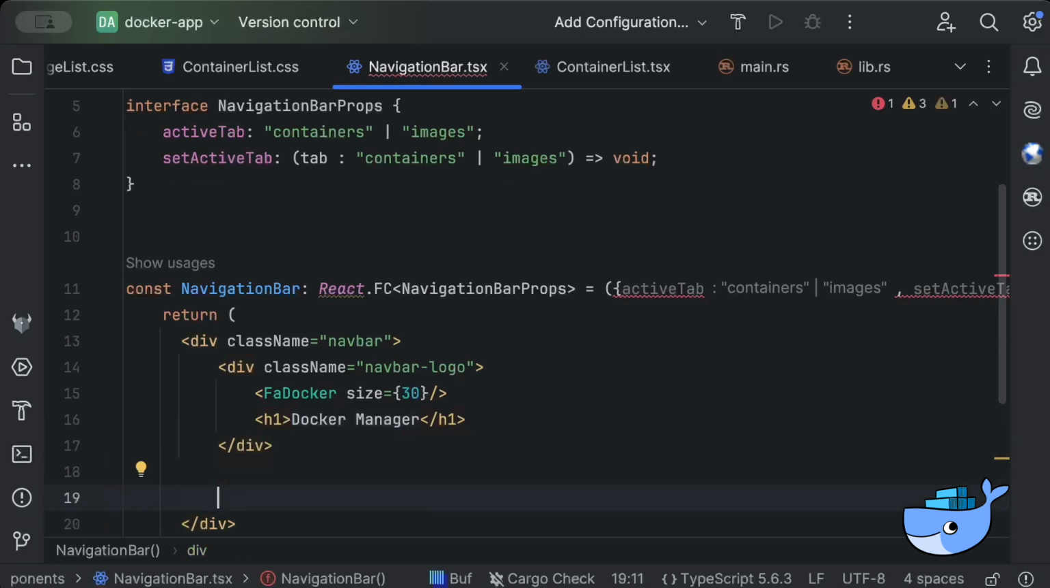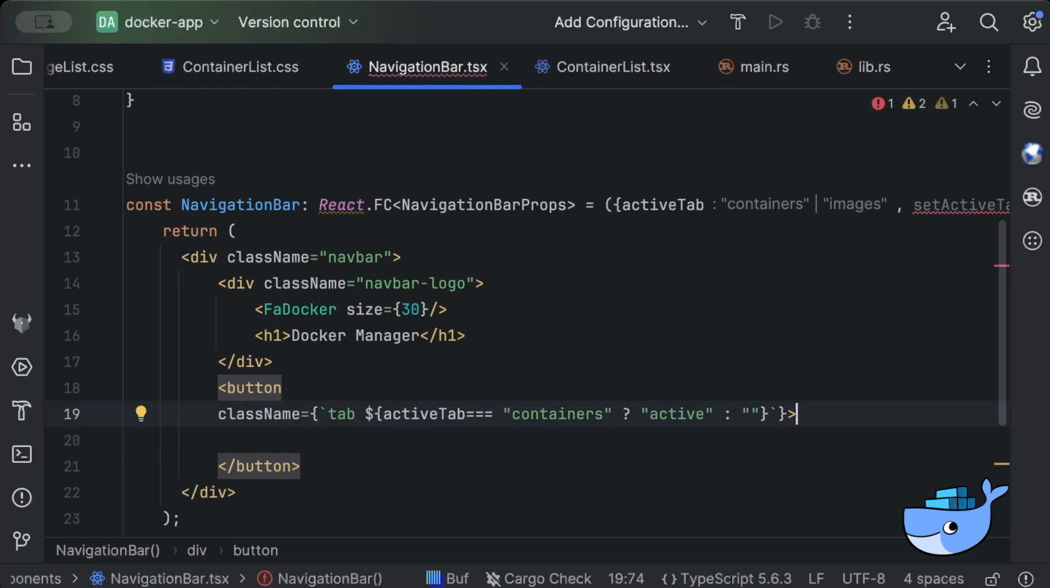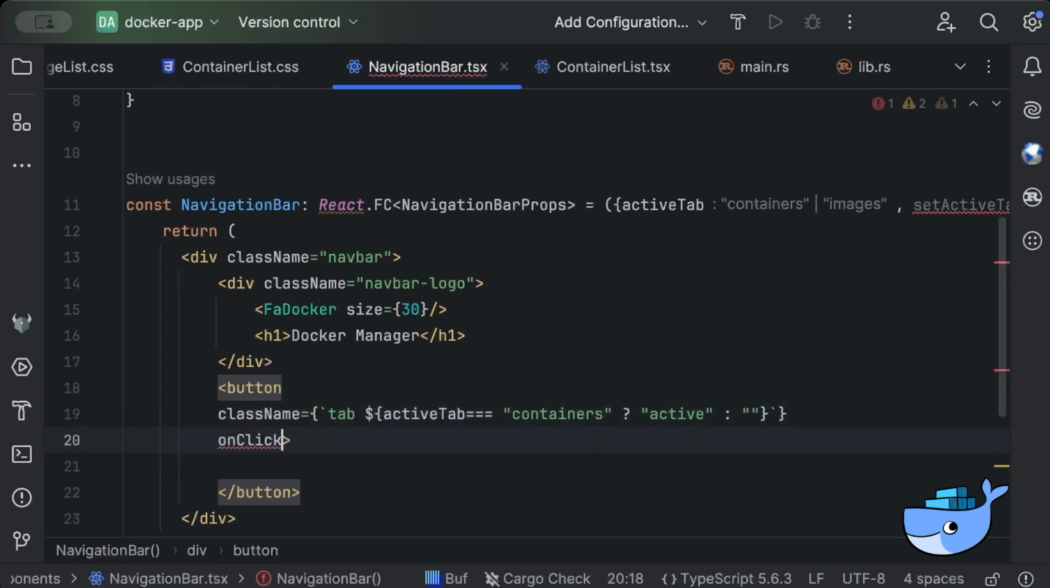and then we have a button with class name tab, and here active tab, containers, active, and on click we set active tab to containers,